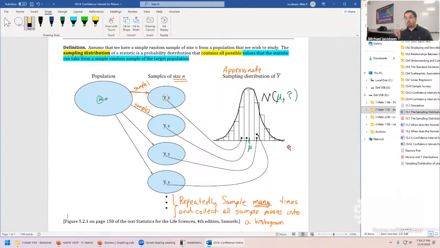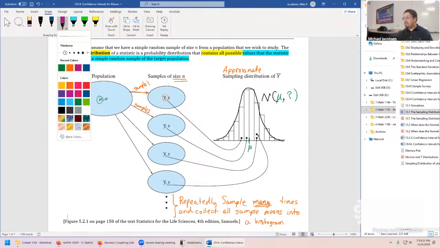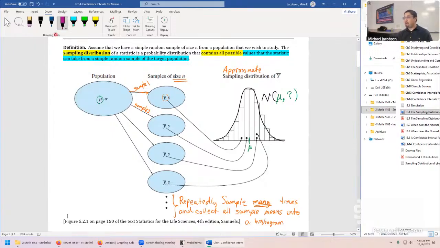Okay, here's one thing that's really, really wild about this. Notice how little we talked about the population. If the population is symmetric, then this is automatically symmetric. If the population was normally distributed, it's automatically normally distributed here. But the central limit theorem that makes this extremely widely applicable is even